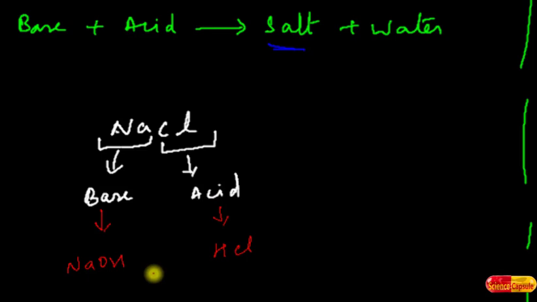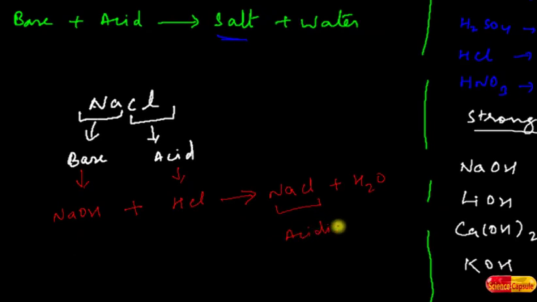So from this we can easily say that sodium chloride is a salt obtained from the base sodium hydroxide and hydrochloric acid. When sodium hydroxide reacts with hydrochloric acid, we get sodium chloride and water. Got it? This way we can easily identify the parent acid and parent base. If we can identify the parent acid and parent base, then how do we identify whether the salt so obtained is acidic, basic or neutral?